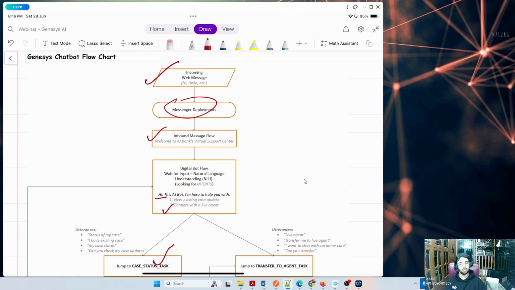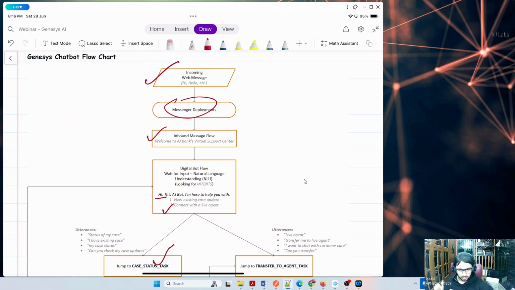Finally, you give an option to connect with a live agent, because if any logic fails in between all these tasks, the customer can easily select the second option, or whatever the last option is, to interact with a real human agent. That agent will further assist him. So that instead of having 10 agents to support 100 customers, you can have one agent to support 100 customers. That's where the market is going. A lot of customers are implementing this. This is a new trend in the contact center market after AI and other things came into the picture.